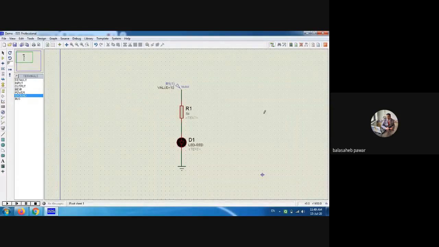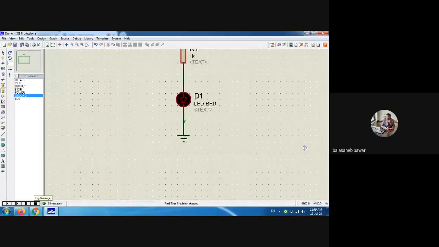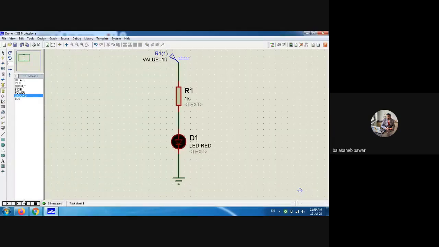Now once your implementation is completed, towards the left side bottom you will observe various buttons. First one is for play option, then the second one is for step option, then pause, then stop, etc. So just say play. Whenever you play it, you will observe something. See, whenever it is in stop mode, that LED is not glowing, is it? But whenever you play it, you will observe it is emitting light. Right? Are you getting?